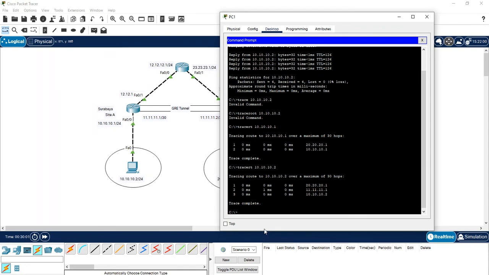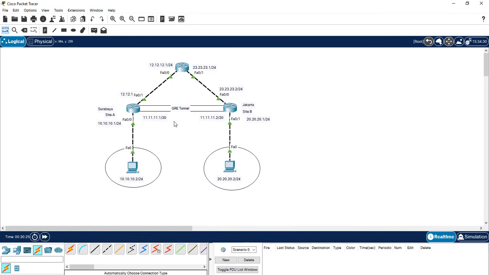You can see this. If we trace from 20.2 to 10.2, the packet walks through 11.11.11.1, not from router 2, because the gateway we set is the GRE tunnel, and the GRE tunnel doesn't have a cable or anything. The packet can be communicated